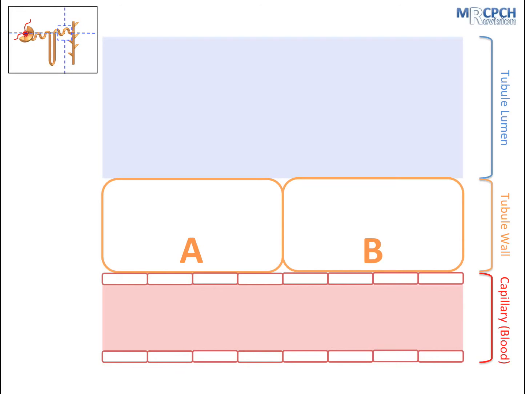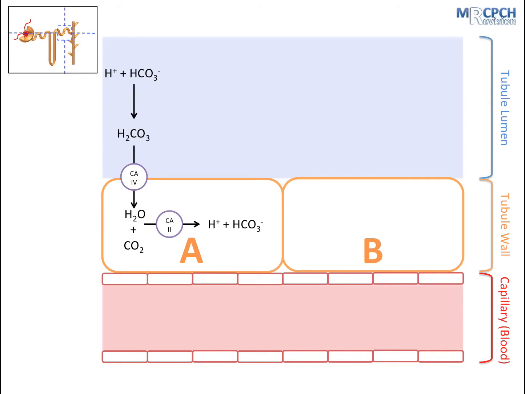So the type A cell is responsible for secreting protons into the urine to make the urine acidic. And it also accounts for the remaining 20 to 30% of bicarbonate reabsorption. So it's very similar to the proximal convoluted tubule cells in that the carbonic acid formed from the filtered protons and bicarbonate is taken up by carbonic anhydrase 4, converted into water and carbon dioxide, which is then converted by carbonic anhydrase 2 in the cytoplasm to protons and